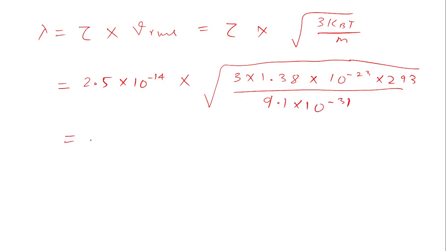When we do this calculation, we have to multiply all this and take its square root. 1.38 times 293 divided by 9.1 is 133, and the powers will be 10 to the power minus 23 plus 31. So 31 minus 23 is 10 to the power 8, and square root of 133 will be